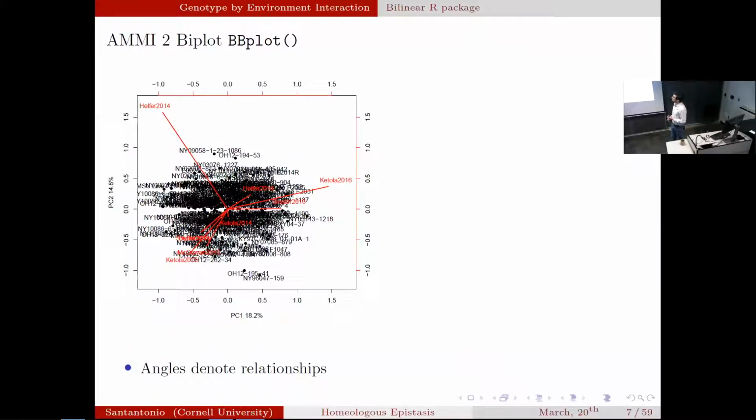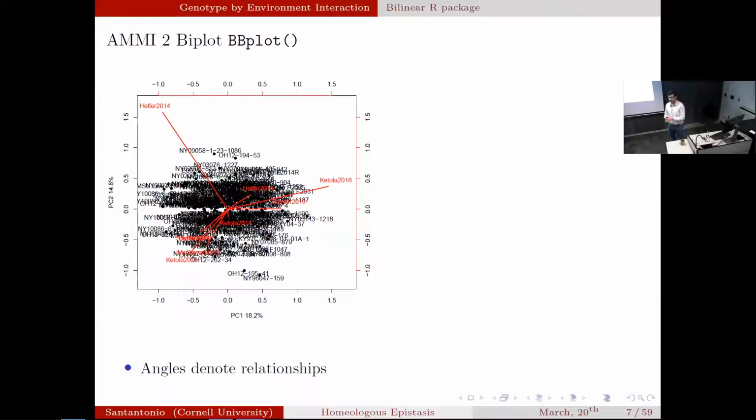For those of you not familiar with a biplot, essentially what you're doing is you decompose this thing, right? And you're looking at a genotype dimension and an environment dimension. So we have the first two principal components of the genotype and the first two principal components related to the environment. Okay, and so I'm not going to go into the details of how to interpret these models in particular, but basically these biplots are useful because